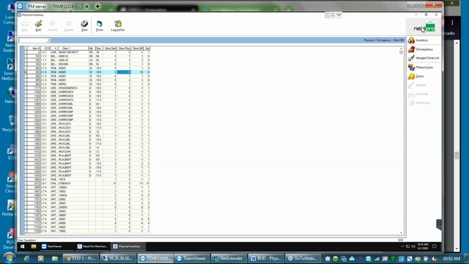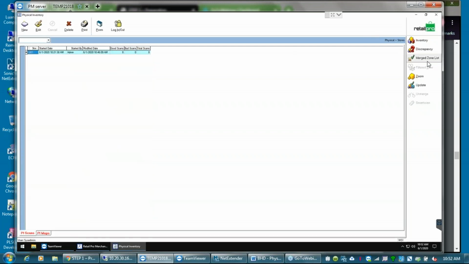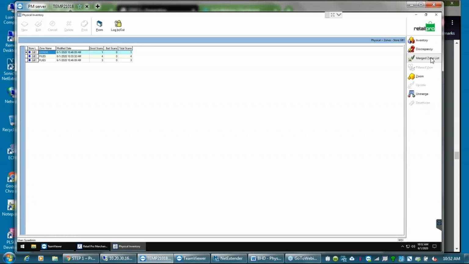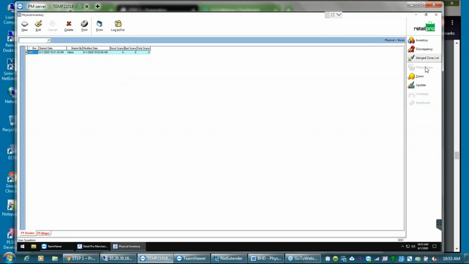So I need to go back to my merged zone list, right? So see this merged zone list right here? Okay. And now I have an unmerge option. All right, so I think that was in my first one, good scans. No, it was in this one, right? So if I find the zone that it's in, okay, I go to, see, I can't actually go to scan without unmerging it. All right, so let's just unmerge it, okay? And then I can go to